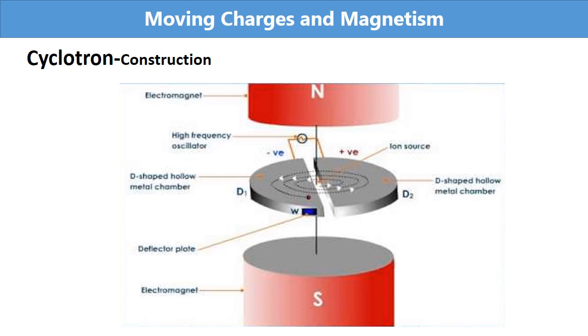For the working of cyclotron, we need both electric field and magnetic field. For getting electric field, the Ds are connected to a high frequency oscillator. In figure, you can see the oscillator. This oscillator provides high frequency electric field across the gap of the Ds. The polarity of the oscillator will change in between. Reversal of the polarity of the electric oscillations ensures that the particle is always accelerated by the electric field.